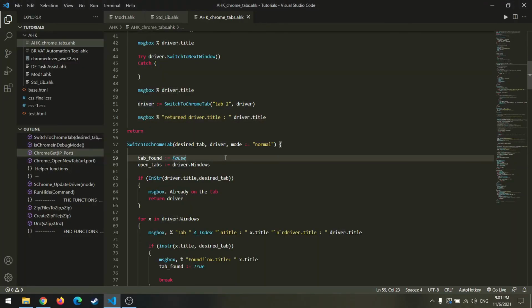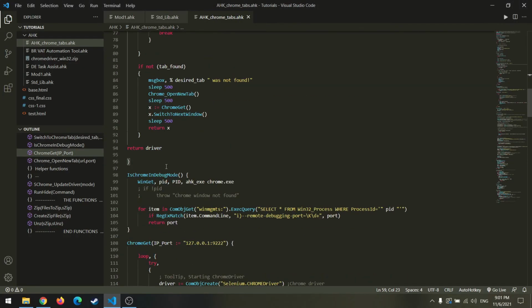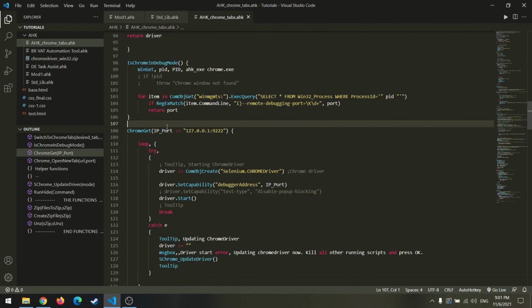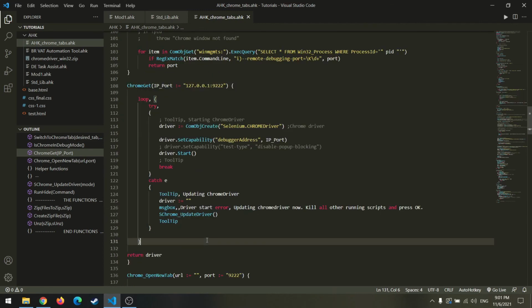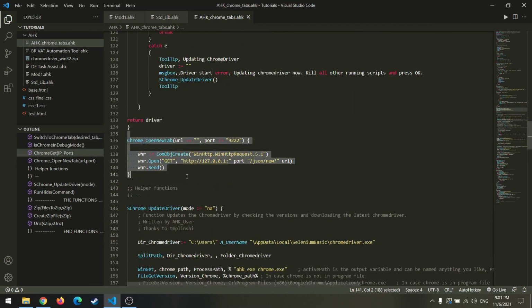We have used a lot of helper functions here, like the one to check the port number, and the one to link the already existing Chrome browser session with the Selenium WebDriver, which is this part. And this is a nifty little code to open a new tab. We can do this using Control T as well, but this is using, well, not Selenium, rather just COM object create, where we send in a new HTTP request, and this opens a Chrome tab. This would work even if the Chrome browser is in the background.